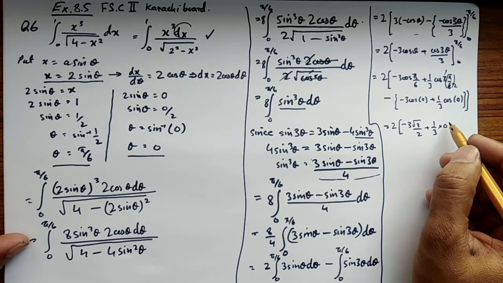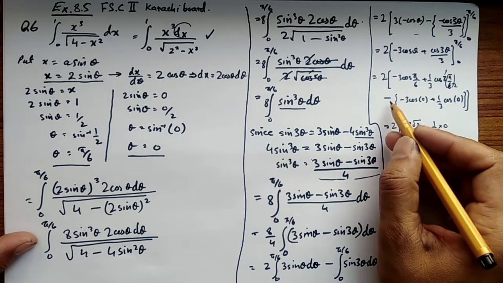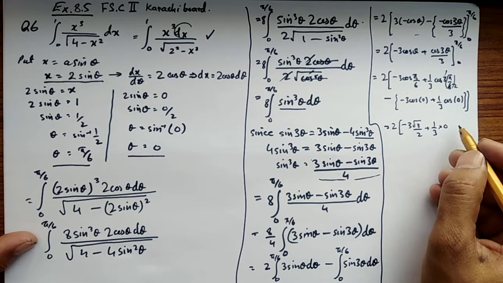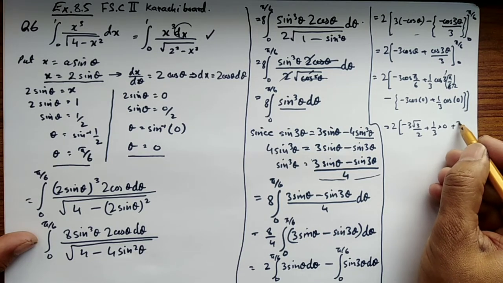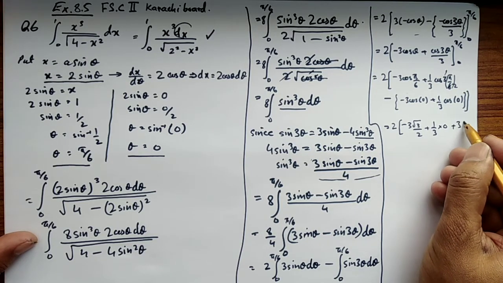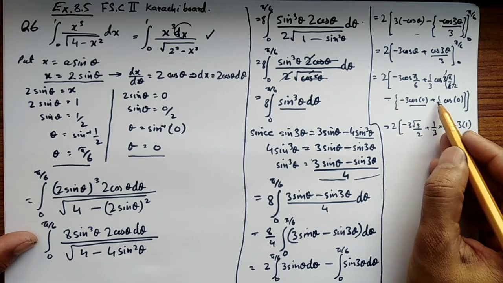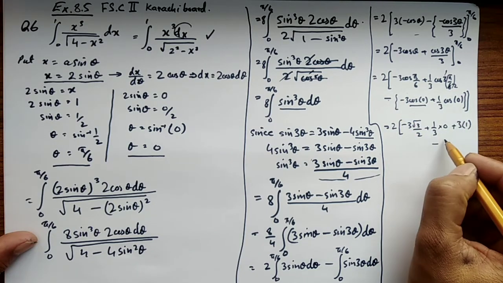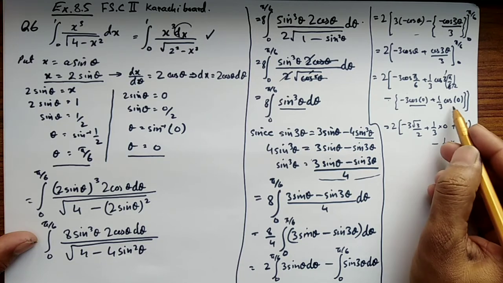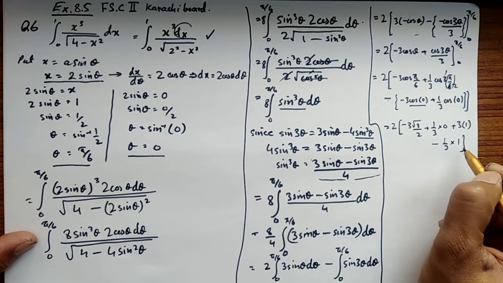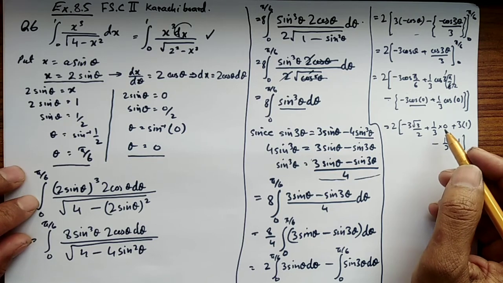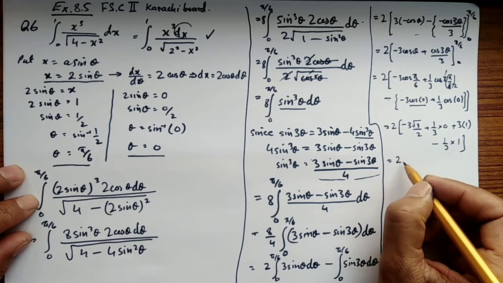and then now minus plus 3 into cos of 0 is 1, cos 0 is 1, minus plus minus 1 upon 3 multiplied by cos 0 is 1. So these are the values we obtained, and 2 into